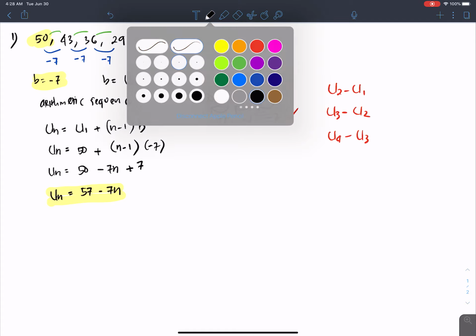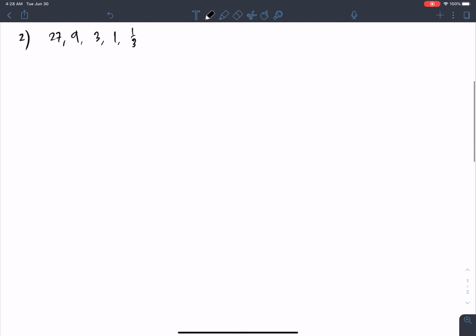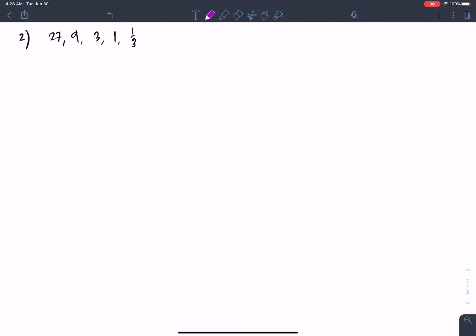We continue to the next number, number 2. So we have a sequence also: 27, and then 9, and then 3, and then 1, and then 1 over 3. It also did not mention whether it is an arithmetic sequence or a geometric sequence. So the first thing that we need to check immediately is whether they have a fixed difference or a fixed ratio. So if we check 27 to 9,